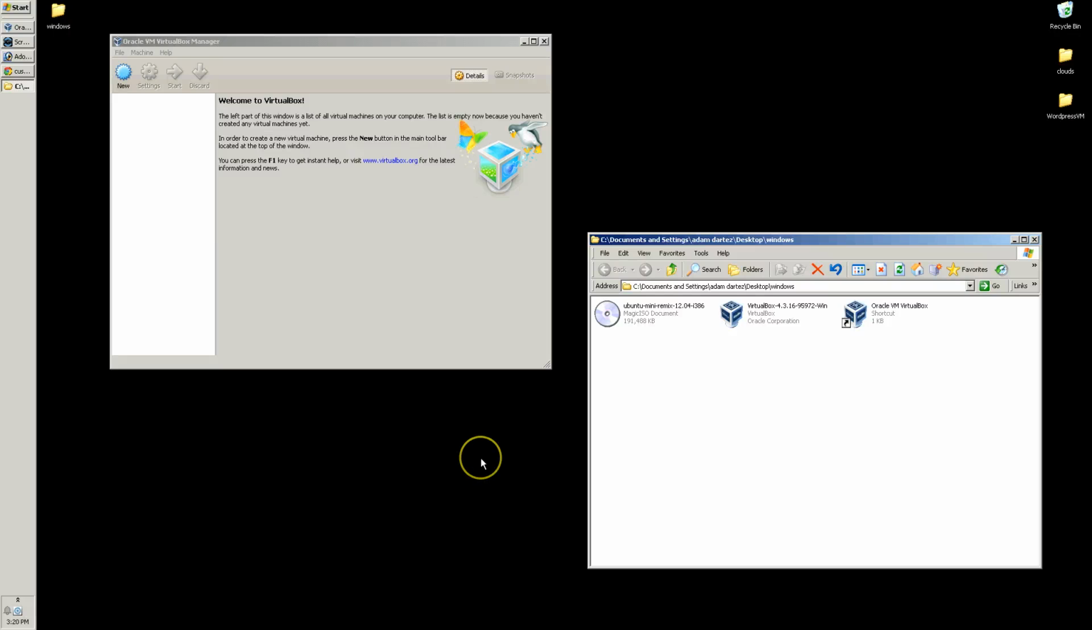Alright, well, let's go ahead and dive right in. The first part of this tutorial is going to be to configure Virtualbox and get it ready for us to upload our Ubuntu operating system, which you can see here. Regardless of the platform that you're on, you should have installed